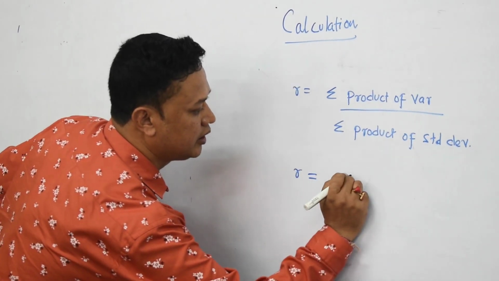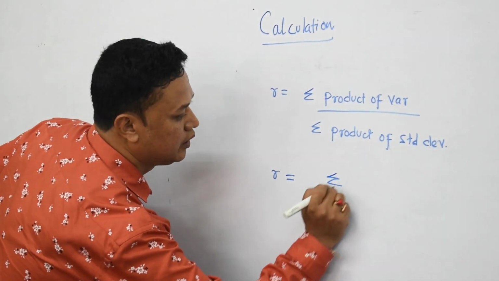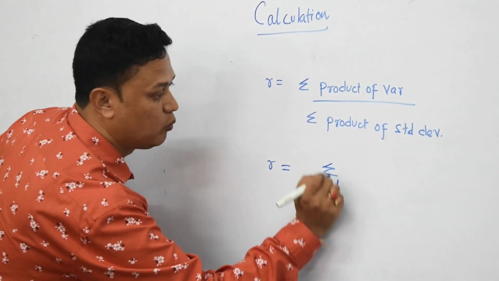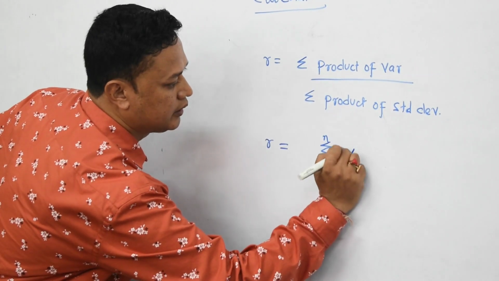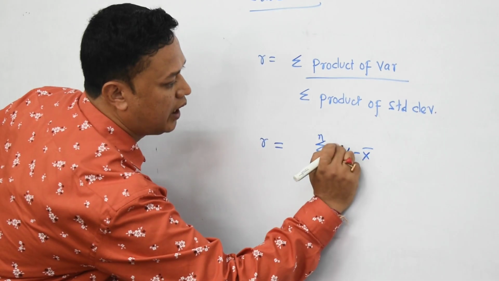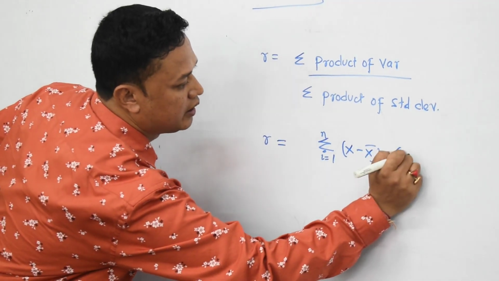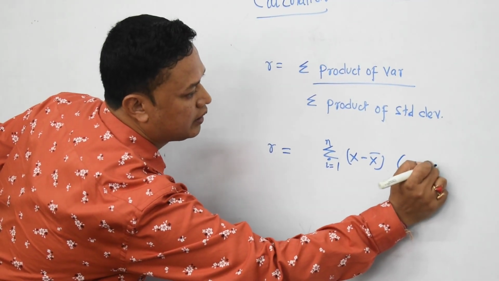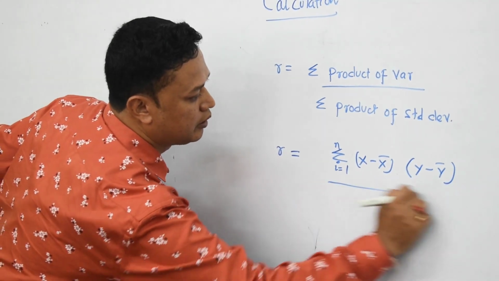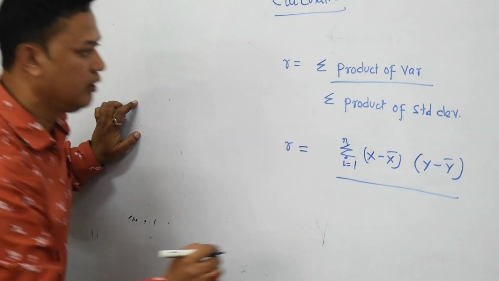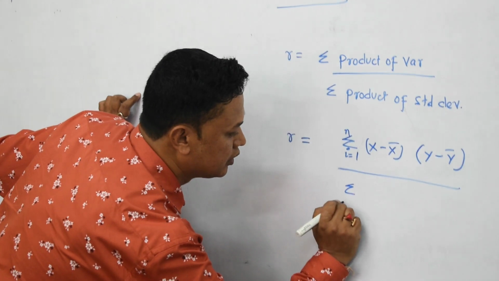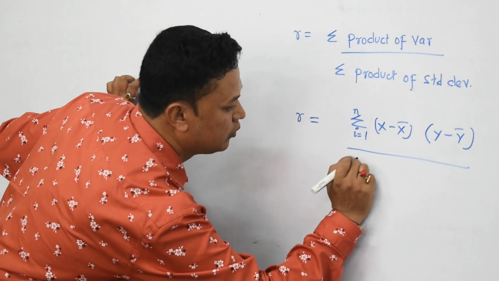If I extend it further, R will be sigma i equals 1 to n of (x minus x bar) times (y minus y bar), since we have two variables x and y. This will be my numerator, and my denominator will be sigma i equals 1 to n